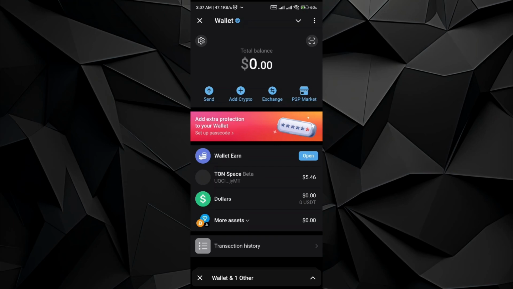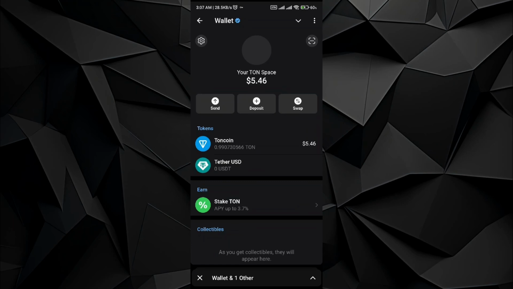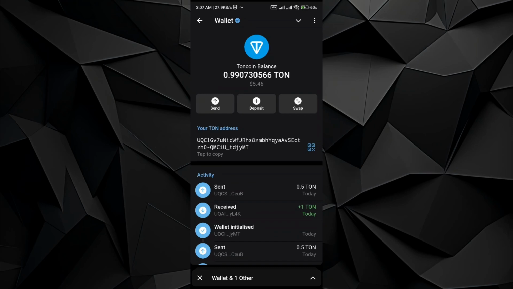For the third method for replenishing your Xempire wallet, what you can do is to go to the TON space, and in the TON space select TON coin. So in the TON coin, you need to copy the deposit address so that way you can send it to the Xempire wallet. Now what you have to do is go back to the Xempire wallet,